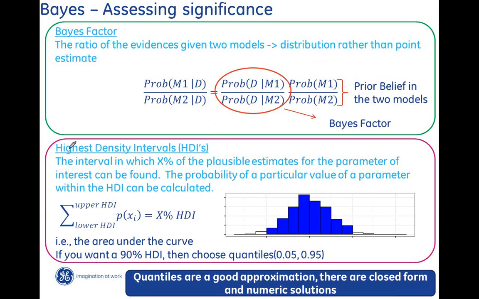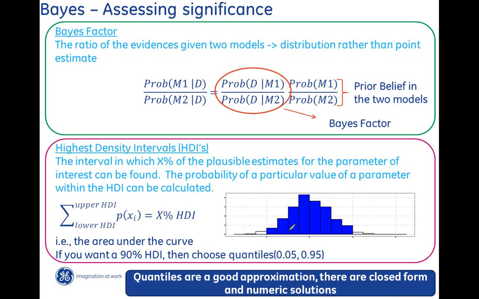All right, and then finally the highest density interval. So this is different. It sounds very familiar, sounds similar to confidence intervals, but it's not. This interval is the cumulative sum of all plausible probabilities of your observed value. So on this distribution, this is the cumulative sum of these probabilities. There's actually a distribution between the values defined by the HDI.